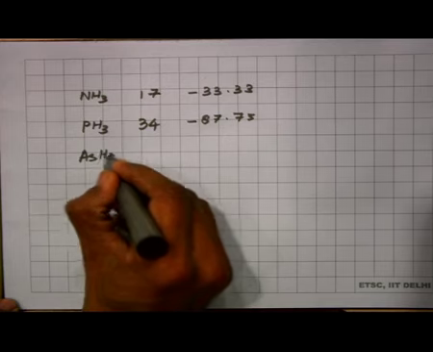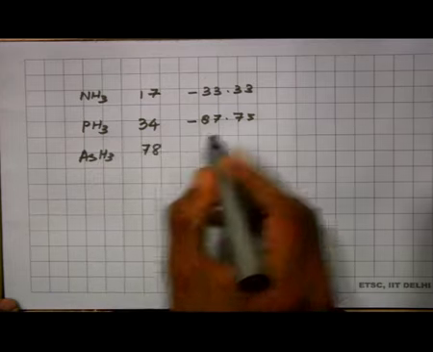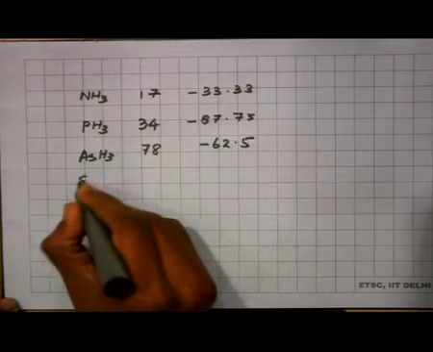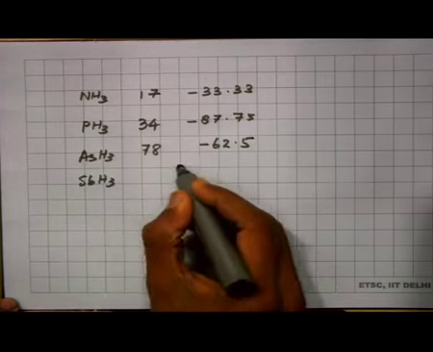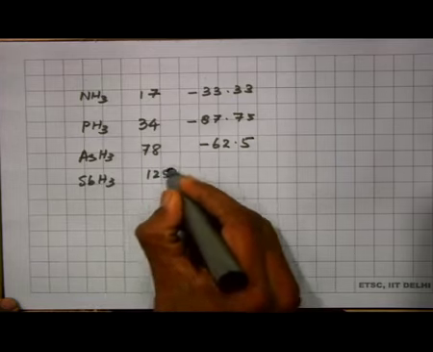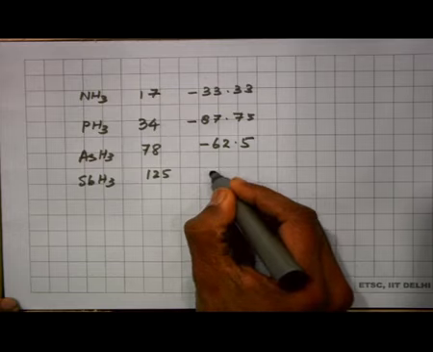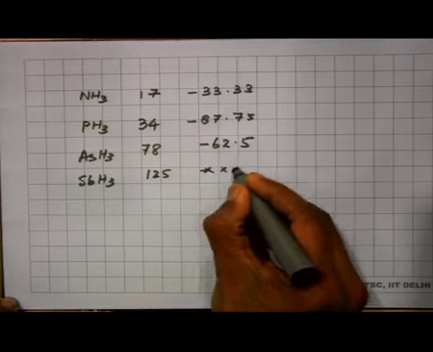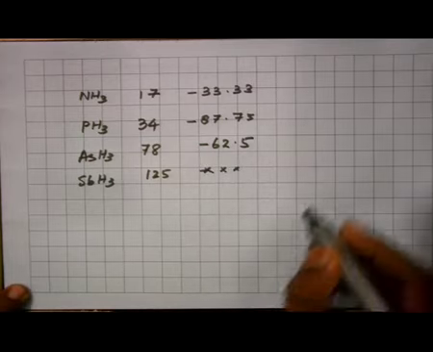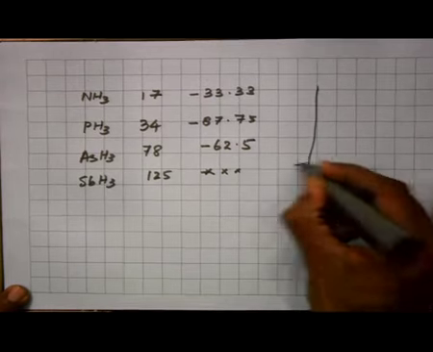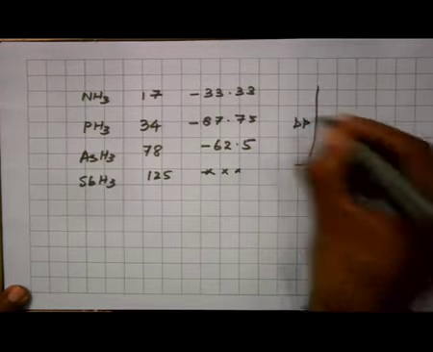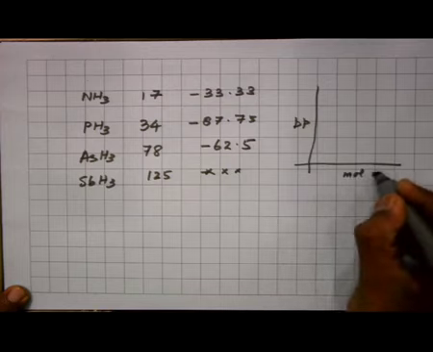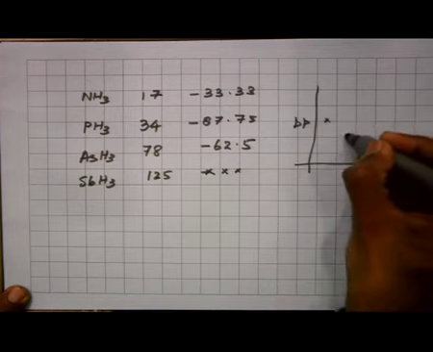Arsine, the molecular mass close to 78, minus 62.5, and stibine with 125 has a value which is higher than this, but I think I have made a mistake in my notes. So, it is something here. So, I will leave this for now, but its value is higher. So, if you plotted this boiling point as a function of molar mass, this goes like this,